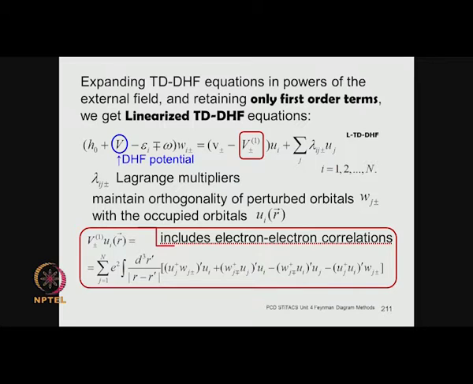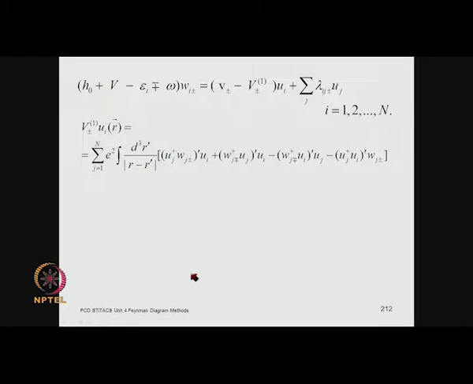So, these are the terms which include the electron-electron correlation effects, and all of these relations are directly from the paper by Johnson and Lin, using essentially the same notation as used in Johnson and Lin papers. So, this is the term which includes the correlation effects, and of course, it has got these perturbed orbitals, the W. So, it has the driving terms. So, this is what is contributing to the